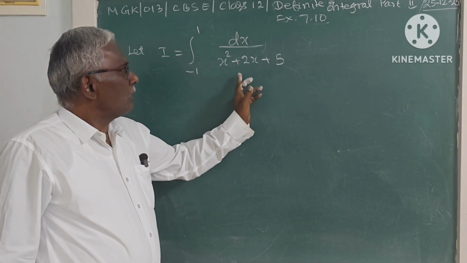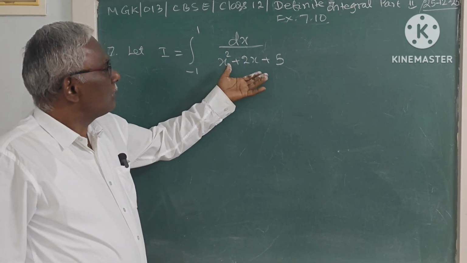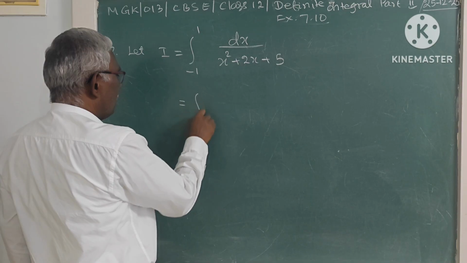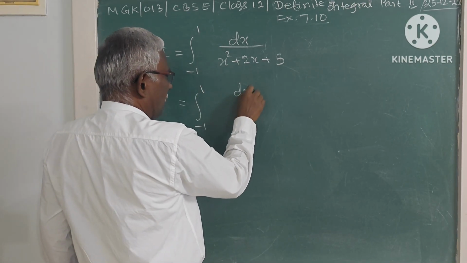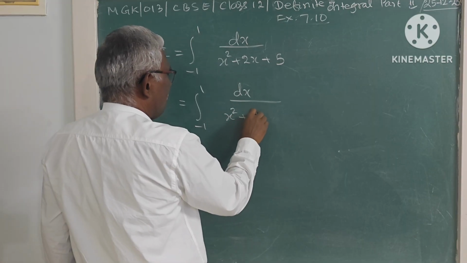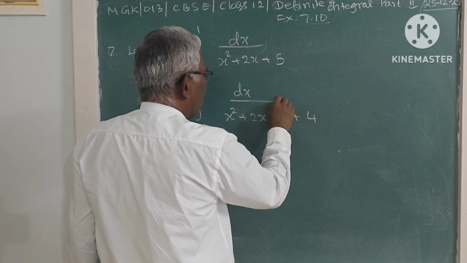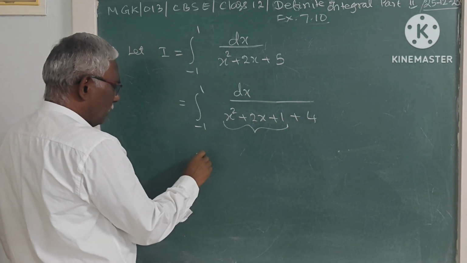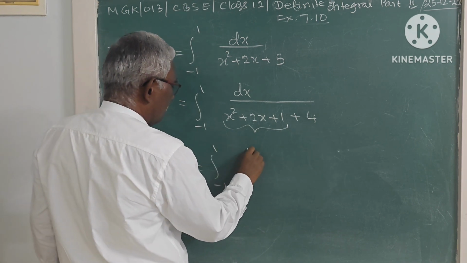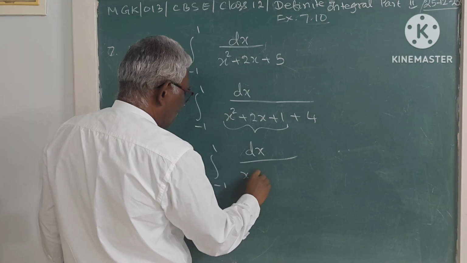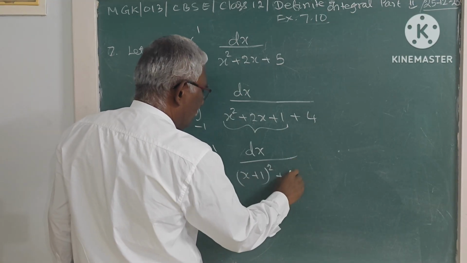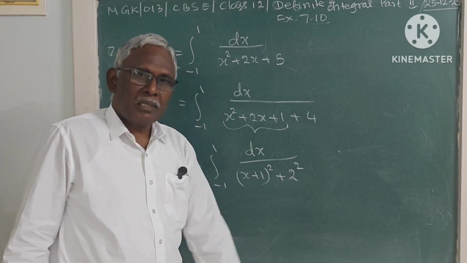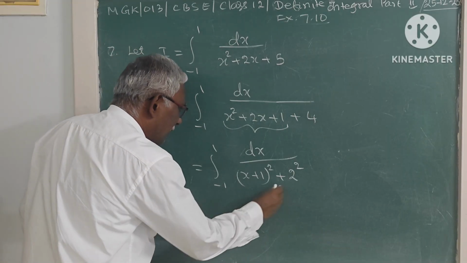Next, the integral dx by x square plus 2x plus 5 is there. We can bring this to the standard form of integral dx by x square plus a square. So we can write this as integral minus 1 to 1 dx by x square plus 2x plus 1 plus 4. 5 we are writing as 1 plus 4. So this is nothing but x plus 1 whole square plus 2 square. So this is in the form of integral dx by x square plus a square. So what is the answer? 1 by a, so 1 by 2